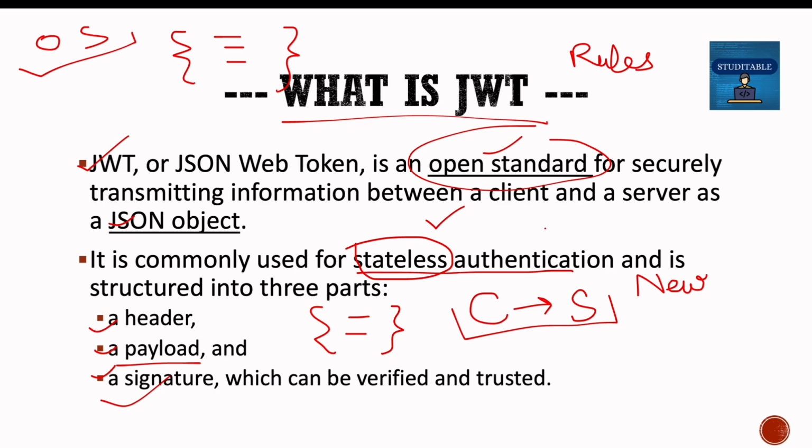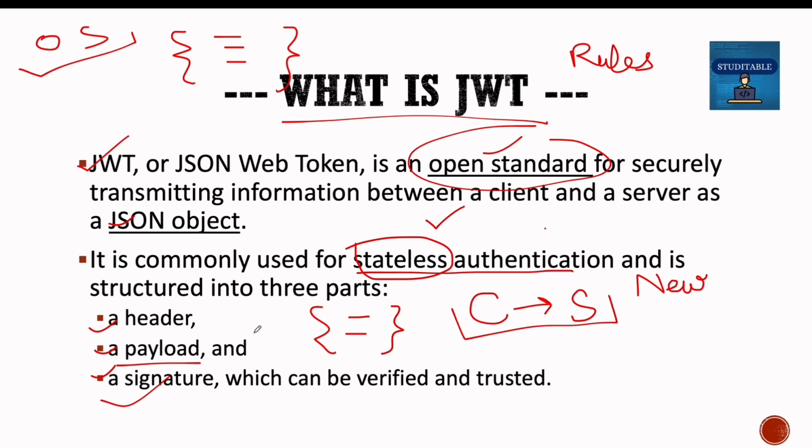The signature is used to verify that the message is not tampered with, or the message is not changed along the way, and the verification of the sender is also done. All right. So these are the three parts of the JWT, and once it's verified, the client